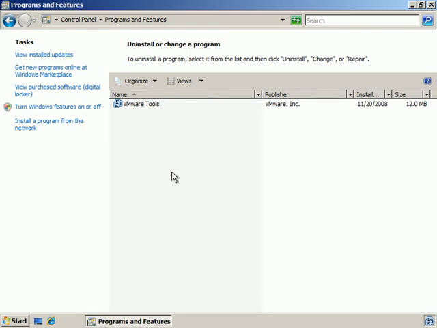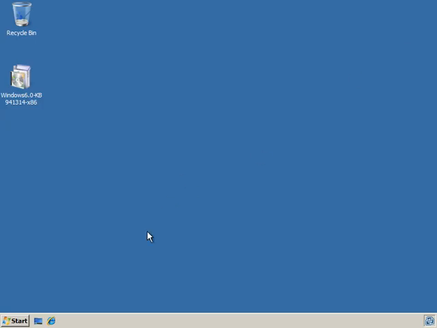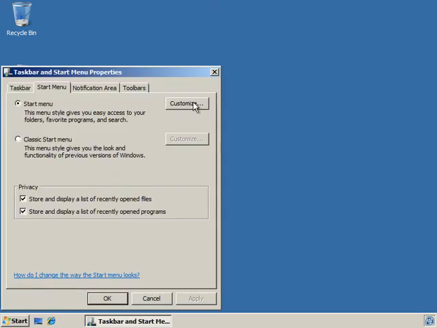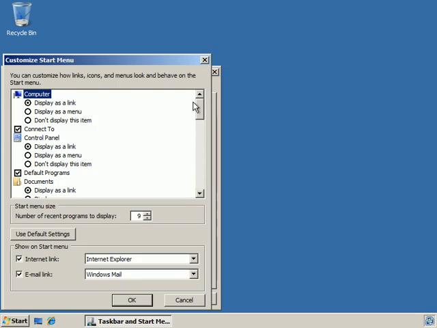The only other thing that we're going to want to do, and let me close out of Programs and Features, is we want to have it added to the Start menu. So what I'm going to do is right-click on Start and go to Properties. And now, under the customization of the Start menu, I'm going to click on that link. If I scroll down,